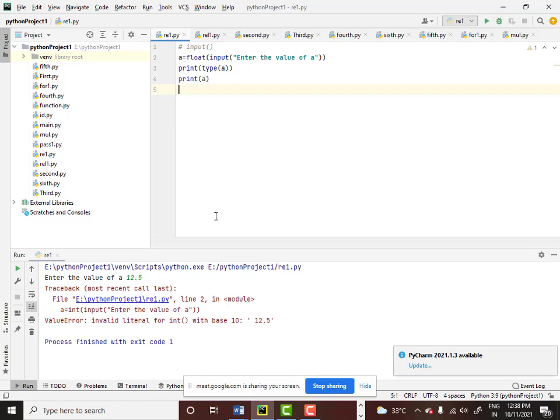How about restricting, like saying that the user has to enter so and so value only? Can we do that as well? That also you can do. That can be done using a concept called regular expressions. For example, let's say you are accepting the telephone number of a person. The first thing is you should ensure that it is 10 digits long. You can do that using regular expressions in Python. Great. These are all called validations. Input validations we say.